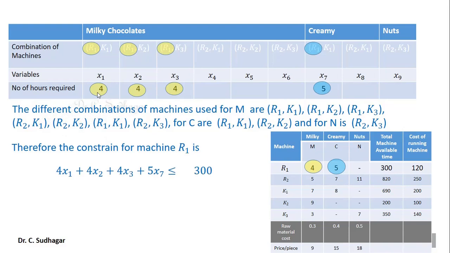So how many hours in total is it available? It is available for 300 hours. It is given in the table. So it is available for a maximum of 300, and we put less than or equal to 300. What sometimes happens is that if the mold is not ready, then we should wait for the machine. Previous things are running on the machine, so we should not use the full 300 hours. Therefore the constraint should be less than or equal to 300. This is the equation for the machine R1.